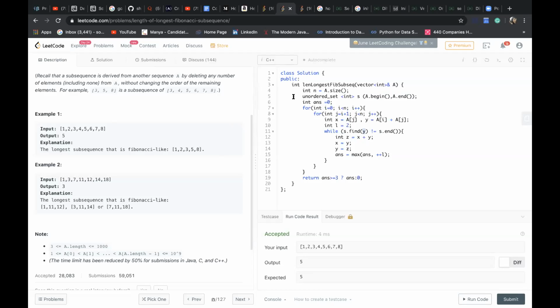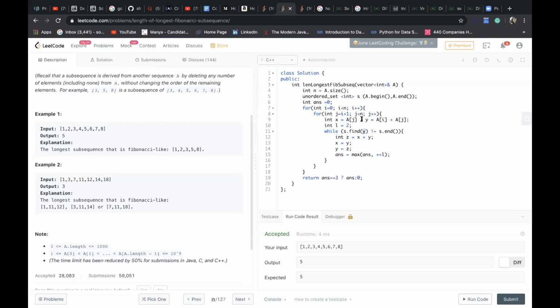Then after that, the loop runs again for 1 and 3. So 1 and 3 gives 4, and now your length becomes 3 in that case. And then 4 plus 3 is 7, your length becomes 4, because 7 is found now. 4 plus 7 is 11. It can't find 11 in the set, so your answer remains the pre-calculated one, 5. So this happens using this loop.